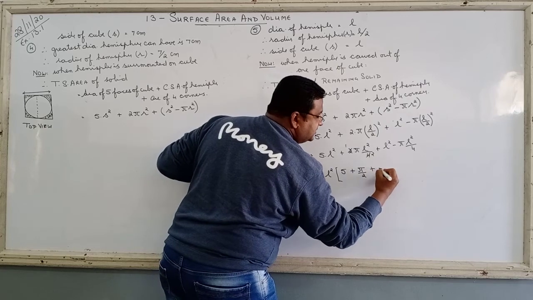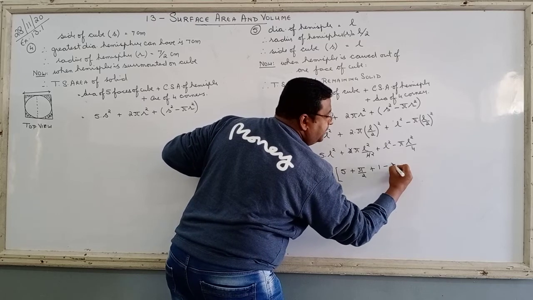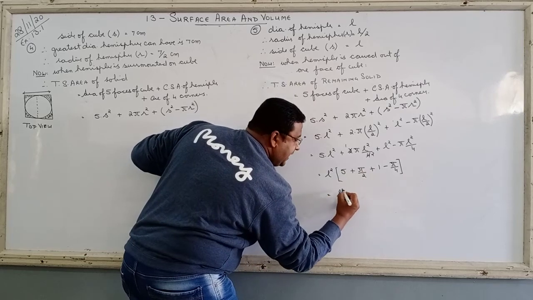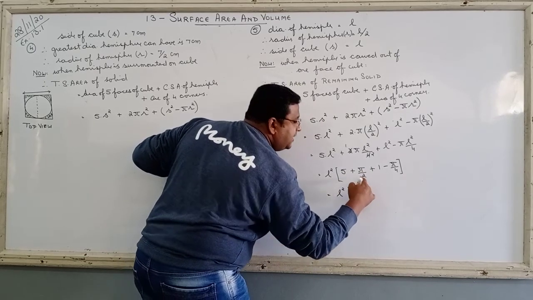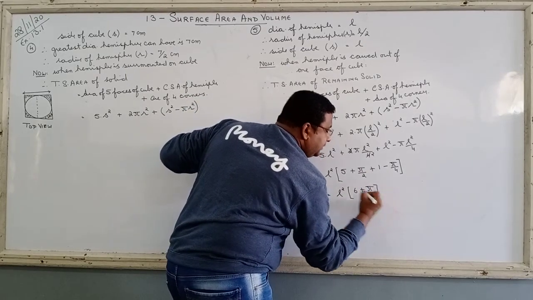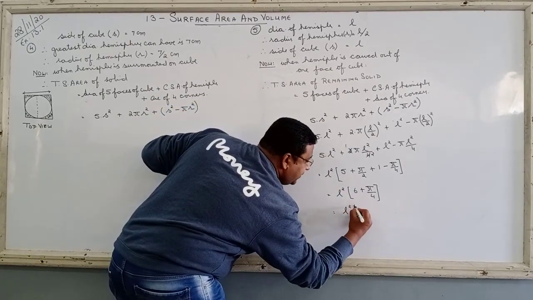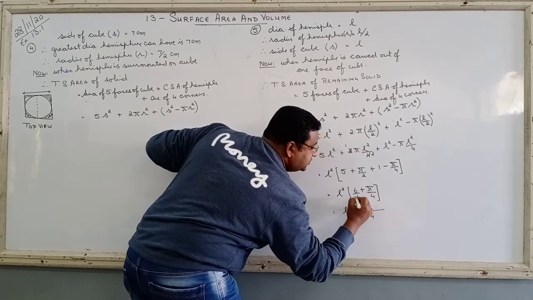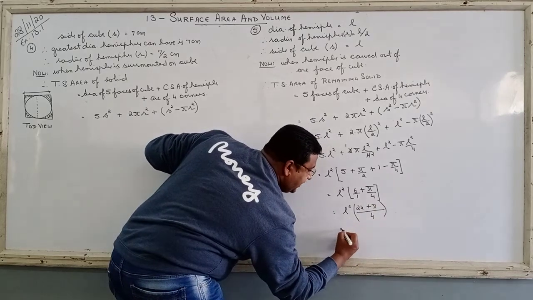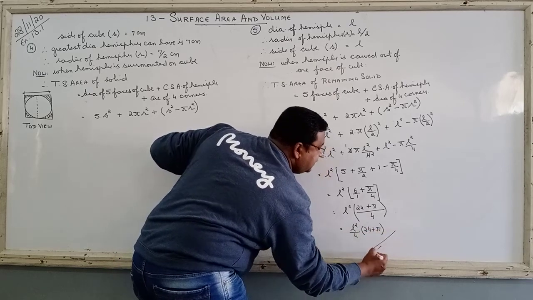Can you see that? Plus 1. L square is common. Minus pi by 4. Like terms will be added. 5 plus 1 is 6. L square into 6 plus pi by 2 minus pi by 4 will be pi by 4. Yes or no? The maximum you can do, you can take LCM. What is the LCM? So 4 is the LCM. L square, what is the LCM? 4. So 1 goes in 4, 4 times. 4 times 6 is 24 plus pi. 4 comes out. So therefore, L square by 4 into 24 plus pi is the form.